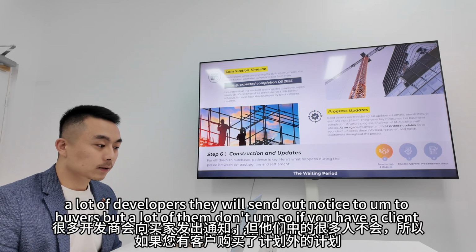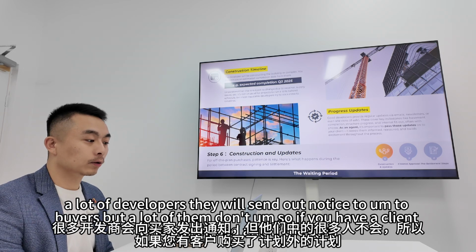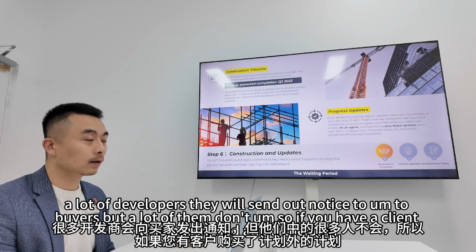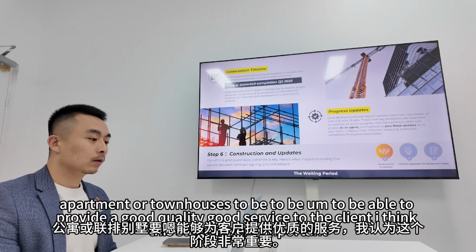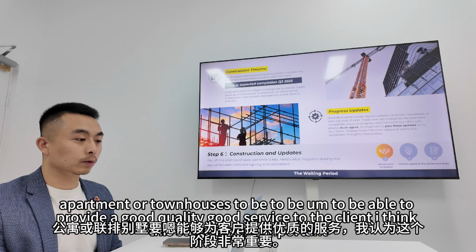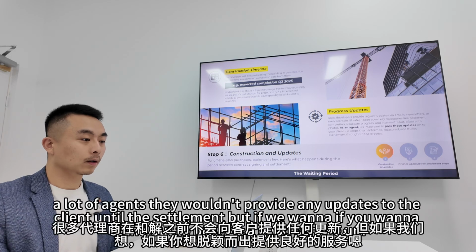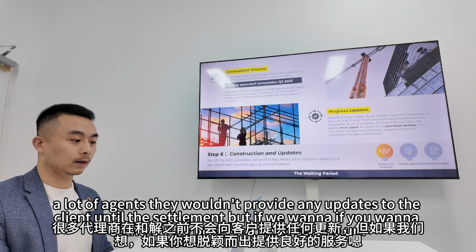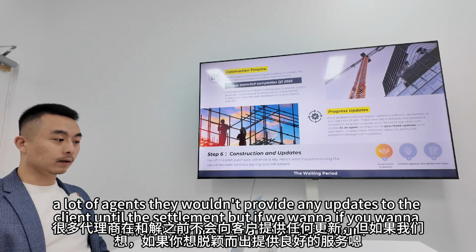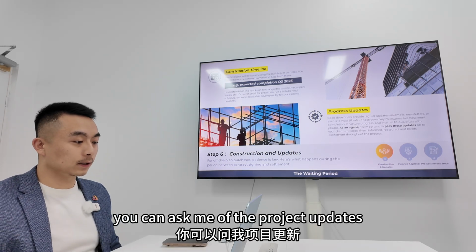A lot of developers will send out notices to buyers, but a lot of them don't. So if you have a client who purchased an off-the-plan apartment or townhouse, to be able to provide a good quality service to the client, I think this stage is very important. A lot of agents wouldn't provide any updates to the client until the settlement. But if you want to stand out and provide a good service, you can ask me for the project updates,